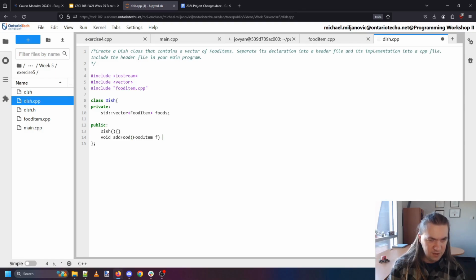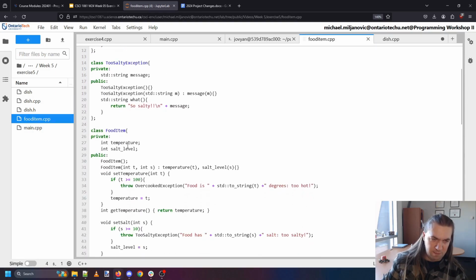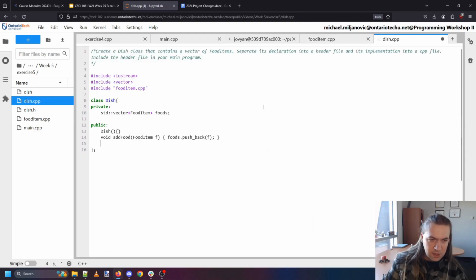F, and it'll just be foods.pushback_f. Not too fancy. And then we'll do a... Now, my food items don't really have anything associated with them besides temperature and salt level, but I think that's